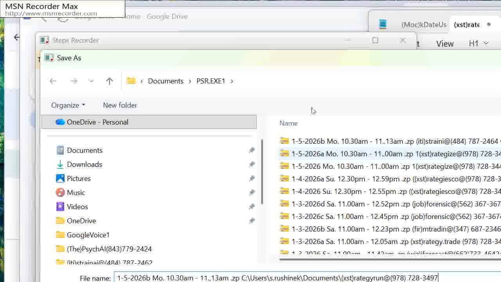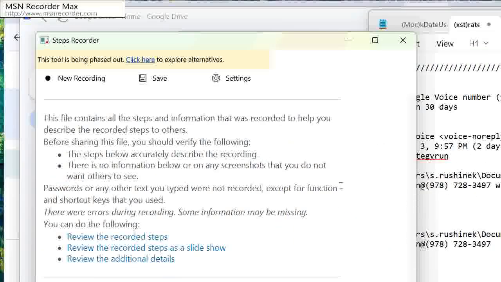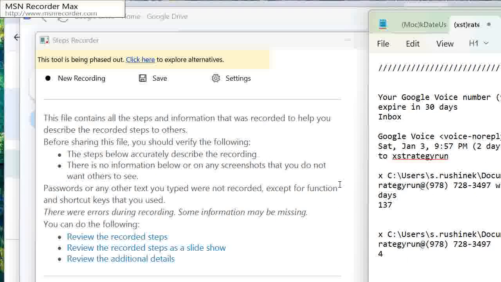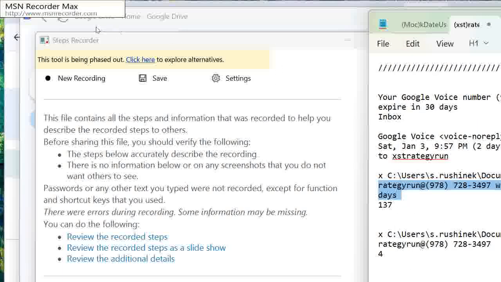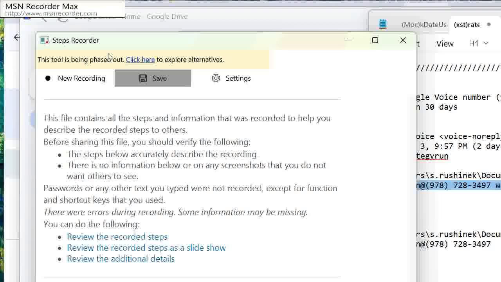The only problem is I have not copied the proper file name, which I need to copy. So I'm going to go back to my notes and mark that X Strategy Run file and then go edit, copy to the clipboard buffer, then click the save button on the step recorder recording now dialog box, and then I'm going to